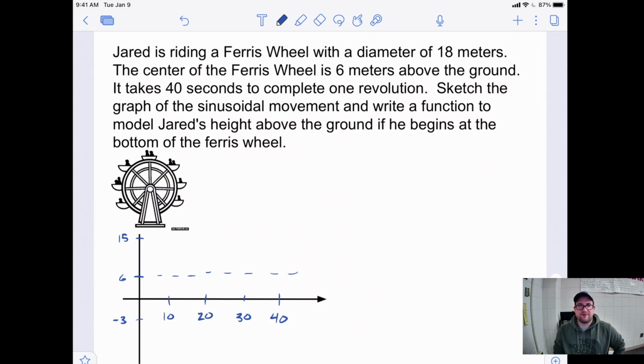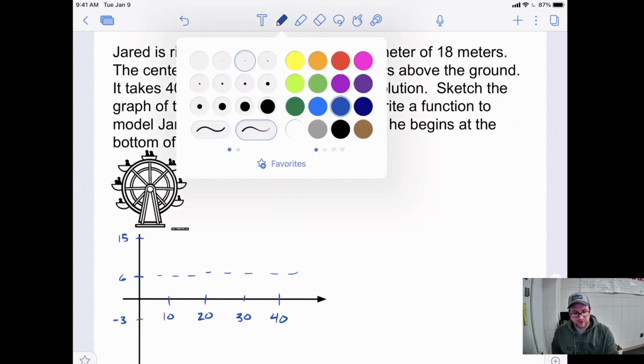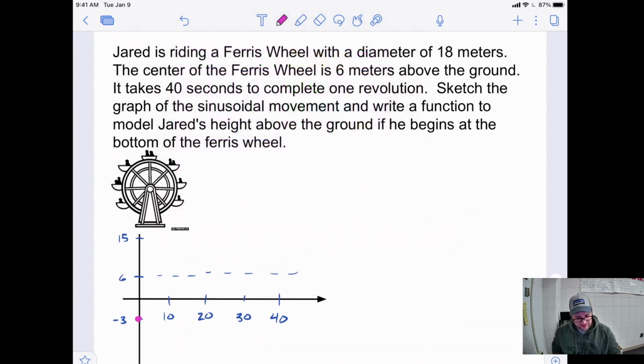Sketch the graph of the movement and write the function. So it does say Jared is riding a Ferris wheel of 6. Sketch the graph of the sinusoidal function. So since they don't actually tell us where Jared gets on, this would be a bad problem as far as I'm concerned, because without telling that, we don't really know where their graph starts. So let's just assume he starts underground in this one, is where they have their little loading station. So if he starts underground right here,